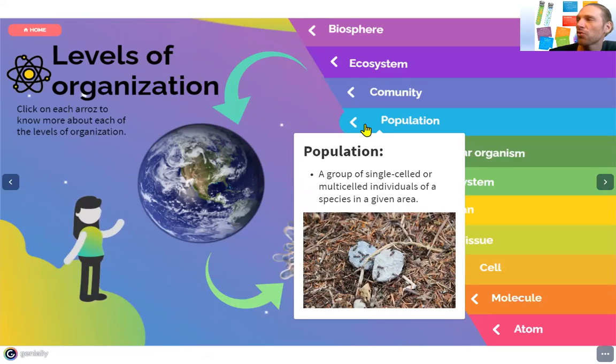A population can be bacteria as well, but it's a group of organisms that are living together. So we are a population. You can also have a fish population, a bird population, a human population, but a population implies that you are of the same species, okay? I'm not talking about race. Race is a different thing, a different taxonomy, but the population is the same species.